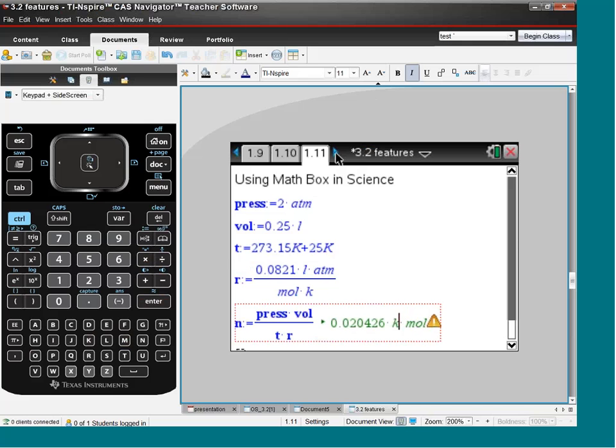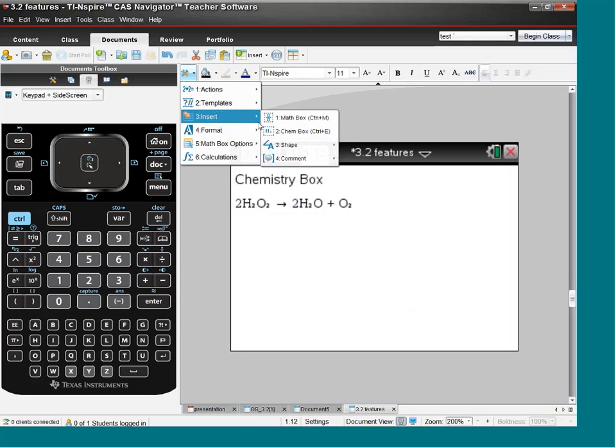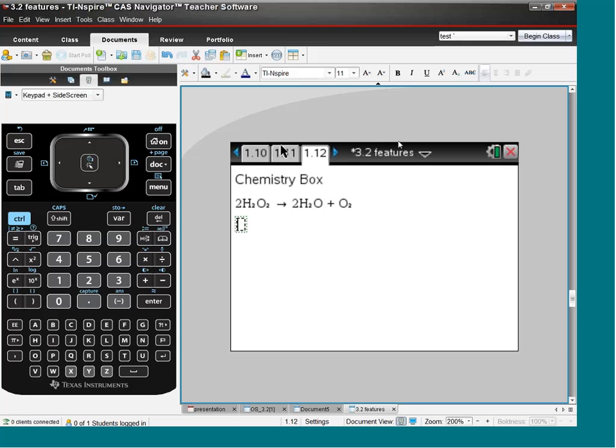As we go through math boxes, a new feature, especially for the science people, is a chem box. If we go to the next page, one of the things that's been a headache is writing chemical formulas using subscripts and superscripts, and how do we arrange all these so that they look appropriate in the science classes. The new tool is right below Math Box now. So under Insert Math Box, we go to ChemBox, and as we start to write a chemical formula,